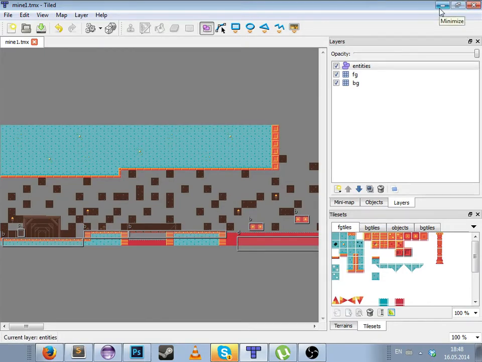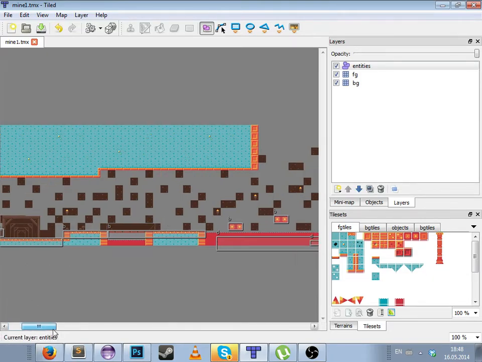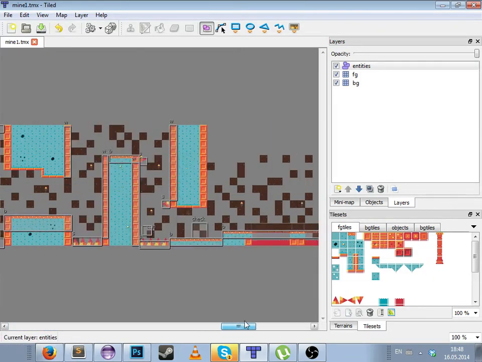Tiled, if you don't know Tiled, it's a free program made by a guy, I don't know his name, sorry, and basically you just draw your map like I did,